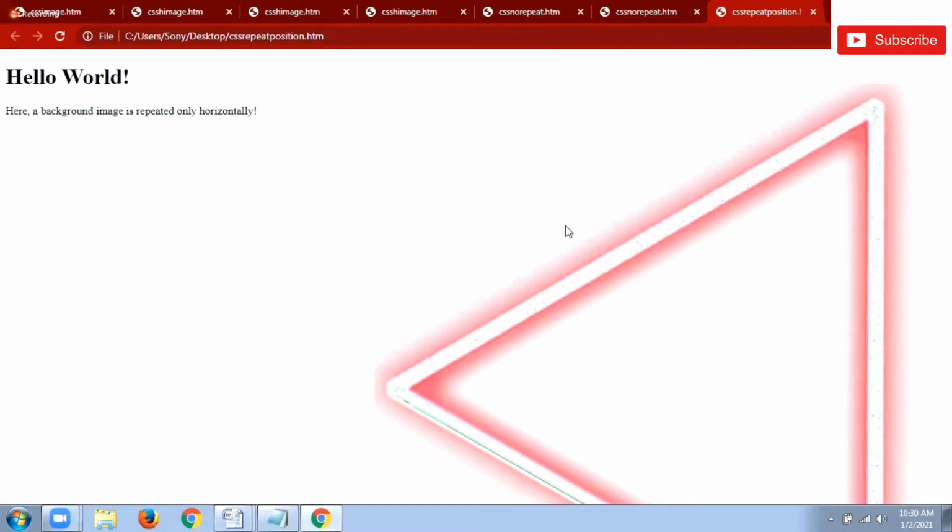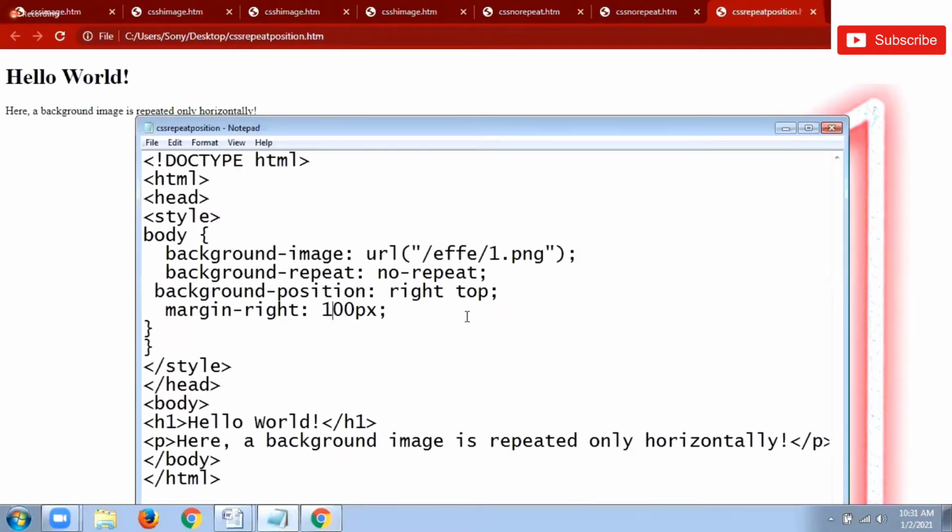So like this, you can change your particular background position property. You can set your background position property by selecting which position you want to display your image with the help of this margin right. Or if you don't want to specify the margin right property, simply the image is going to display on the right top. Okay, is it clear everyone? So this is about position,